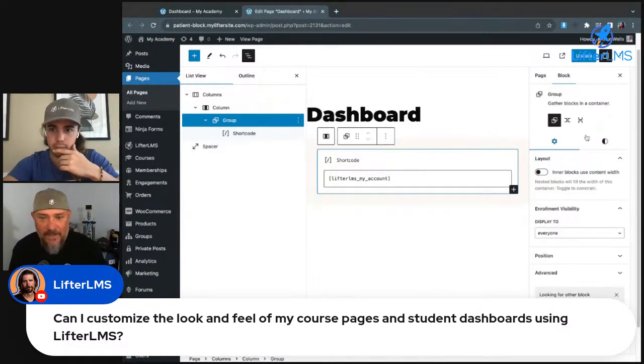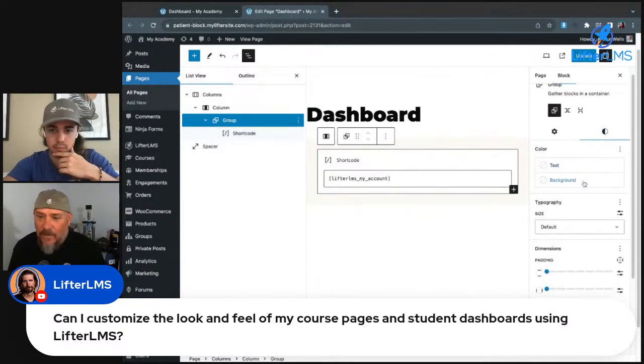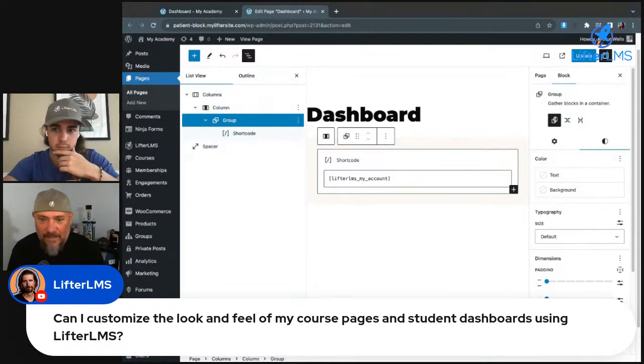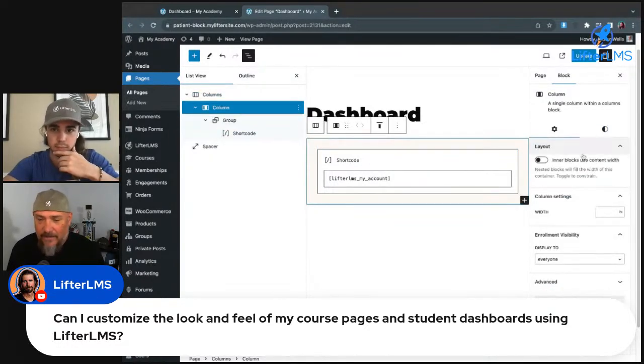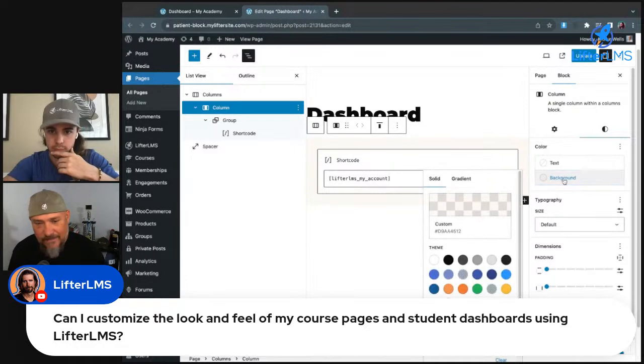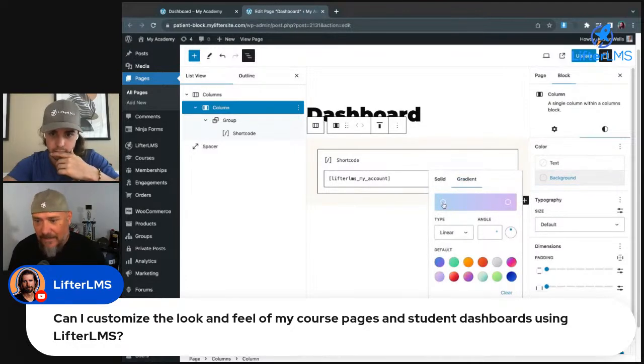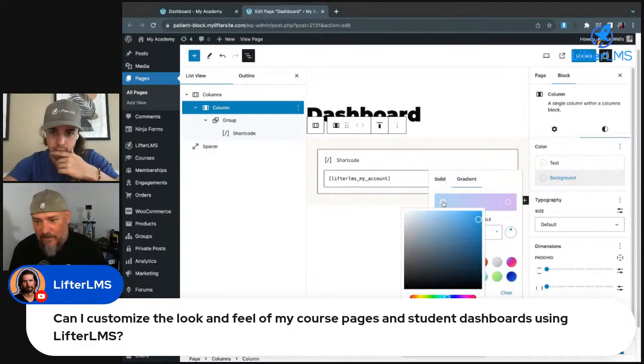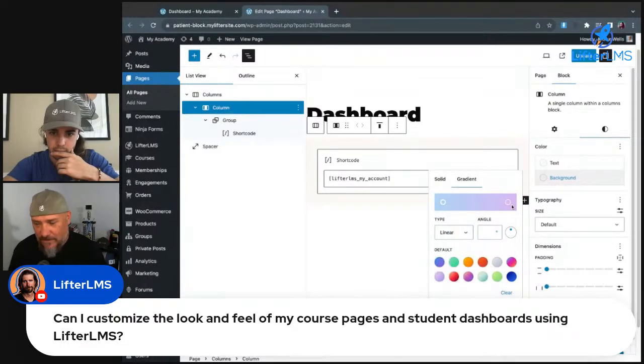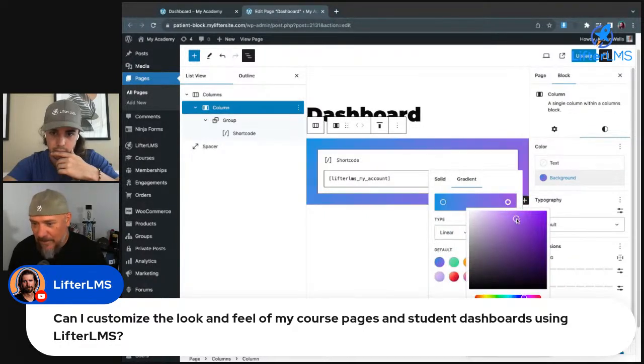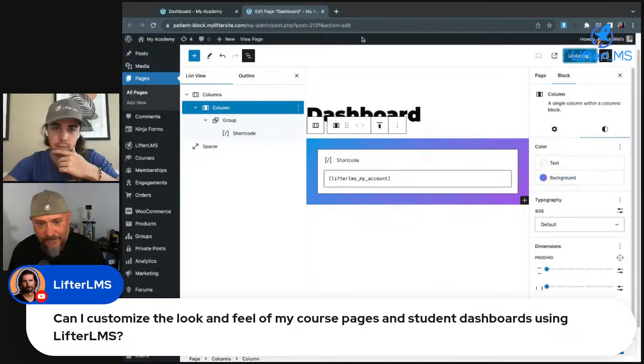So if there's something where you're going, man, I really want to change this, but I don't have a lick of an idea how to even get started, reach out to the experts list, reach out to Codable and get a quote. You might be surprised at how affordable it really is, as Will just showed you how easy it is for him to manipulate these design tools around.